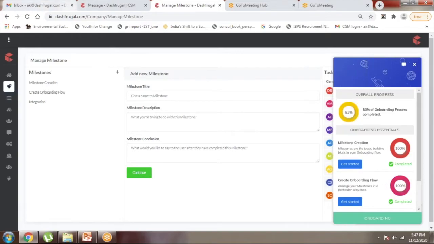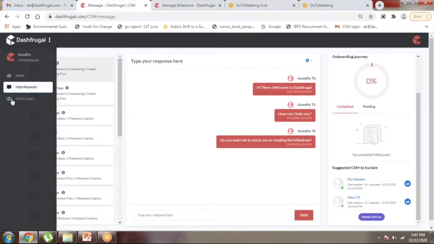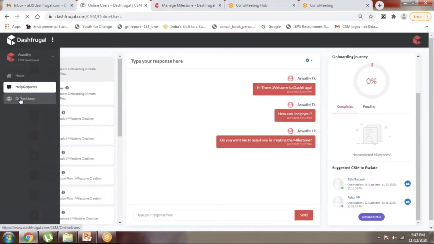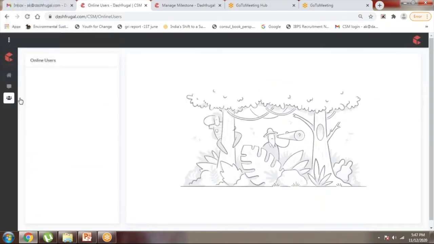And one other feature which I had talked about earlier in the previous slide was regarding the CSM triggering. So CSM triggering is a feature that allows you to trigger inactive users. So for example, here you can see an online user.